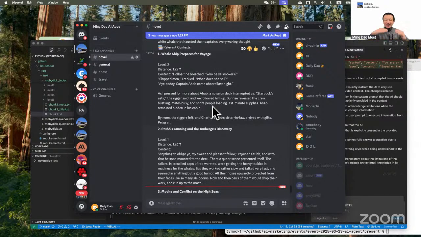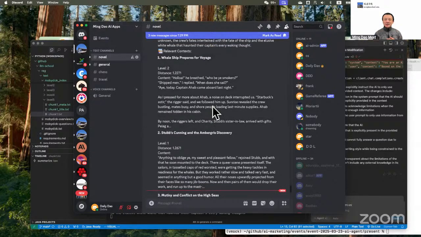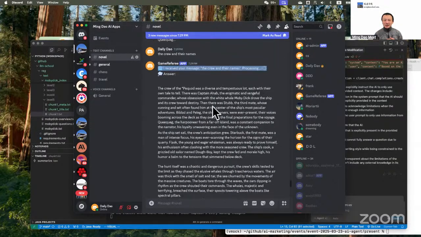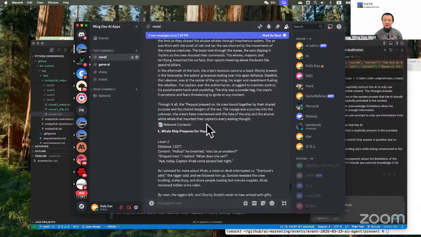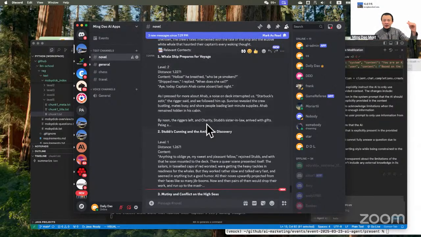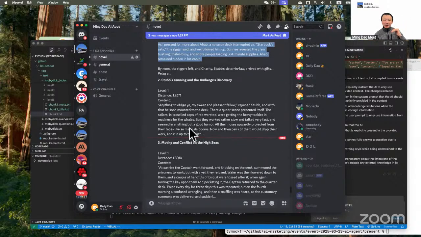So it's like a hierarchical index all the way up. And then in terms of answering this question, the crew and their names, it actually retrieved multiple paragraphs. It looks like the first one is in level 2. And there are some, this is already a summary level. And then there are some that are from level 1, which is the original text of